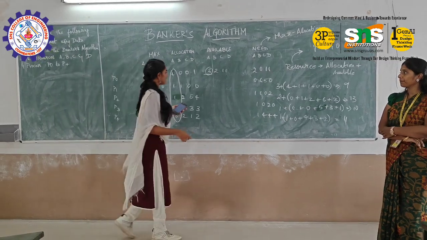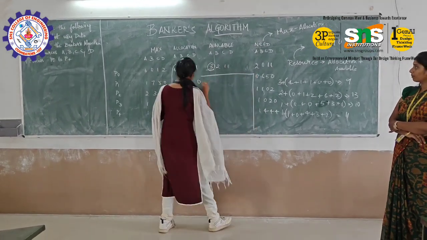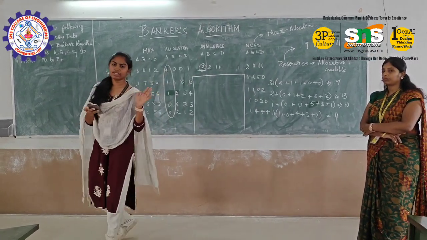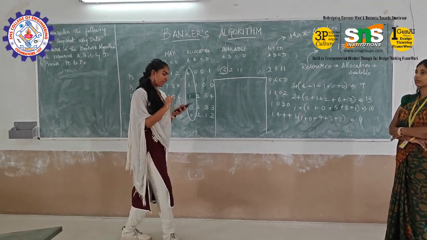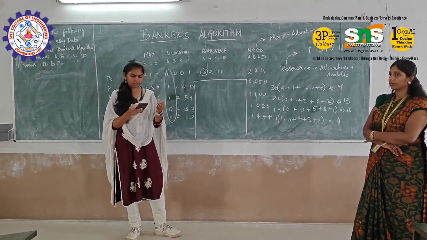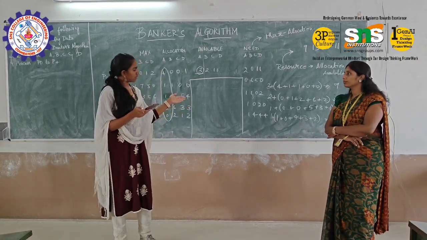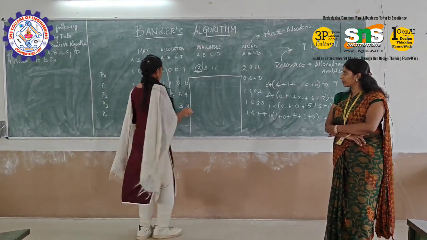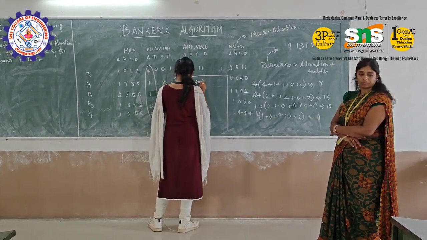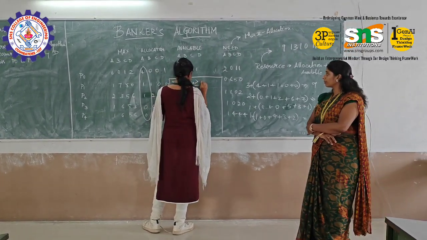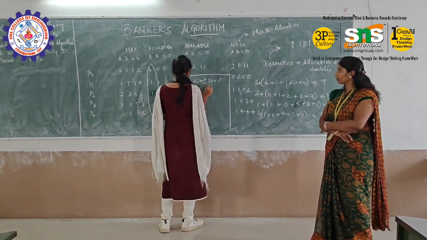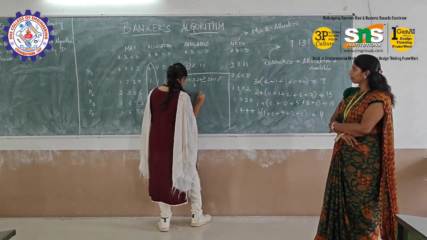The next statement asks us to find the safe state for the following processes. To get the safe state, we have to check if the available is greater than the need. If the available is greater than the need, we update it and proceed to the next process. If it is not, then we can directly skip to the next process. According to this, in P0, 3, 2, double 1 is greater than or equal to 2, 0, double 1. As it is true, we will be updating this, and the following will be updated as 3,